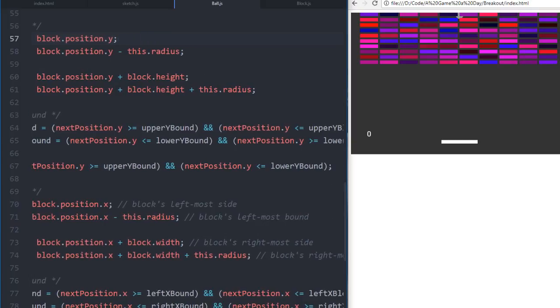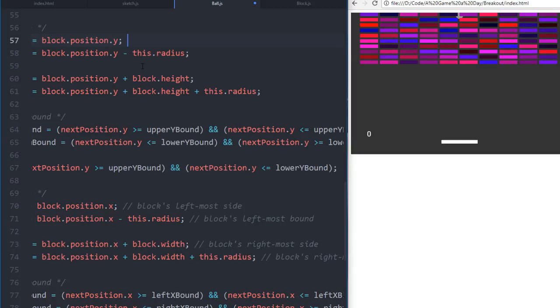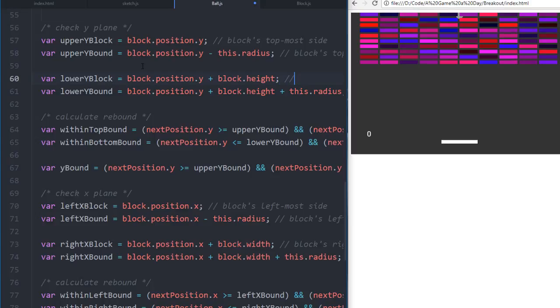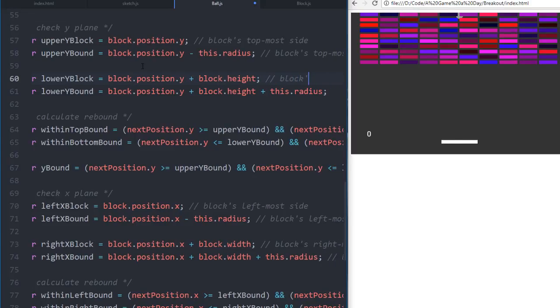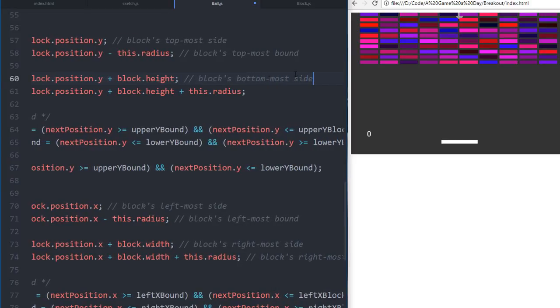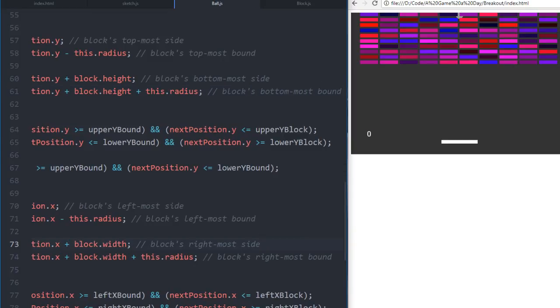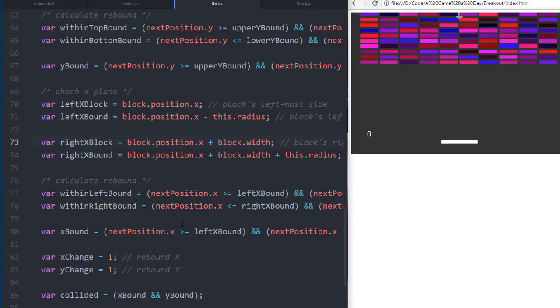we're checking the left. Check blocks leftmost side. Blocks topmost side. That's what we're doing. Blocks topmost bound. Blocks bottommost side. Blocks bottommost bound. There we go. So now that we're making sure all of that is good,